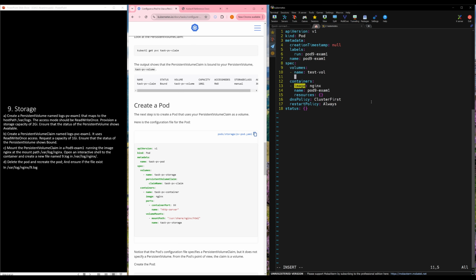So I'm going to use persistent volume claim, then claim name, and you need to remember the name of the claim that is used. Our claim name is logs-pvc-exam1. Okay, and then coming inside the container,